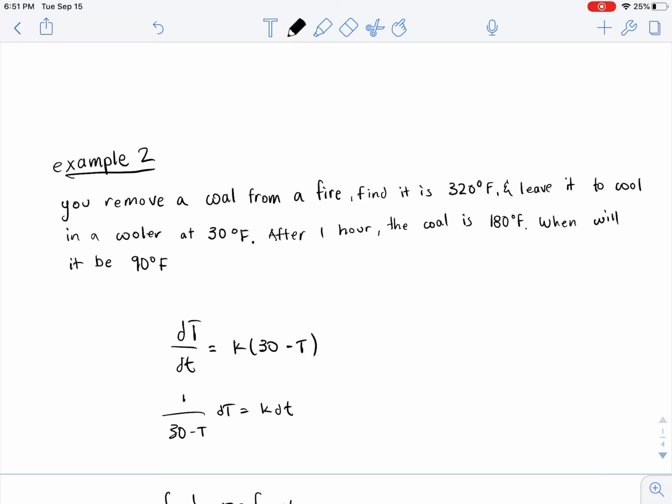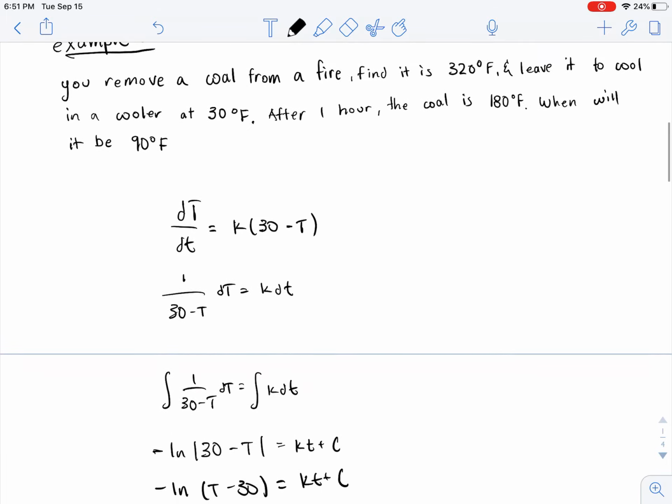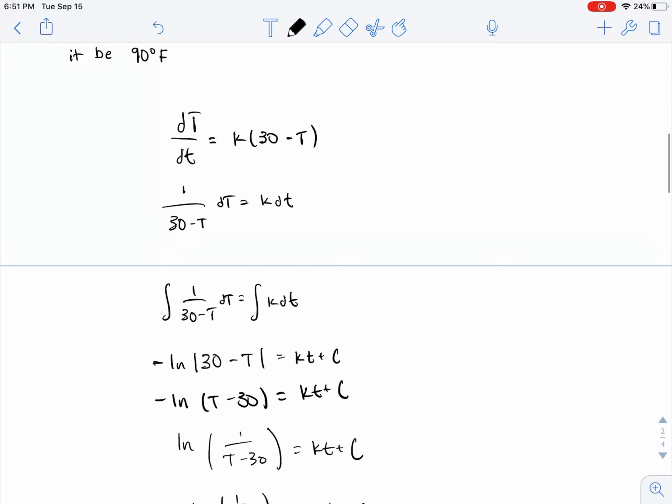So we're going to start by plugging in what we know into the base differential, and that is A equals 30. So dT is equal to k times the quantity 30 minus T. And then we're going to isolate the variables and get 1 over 30 minus T dT is equal to k dt. Then integrating both sides, we get that negative natural log of the absolute value of 30 minus T equals